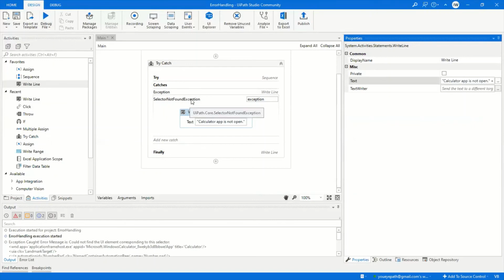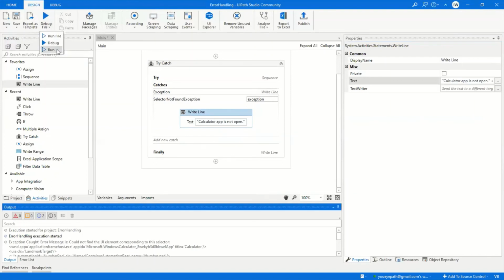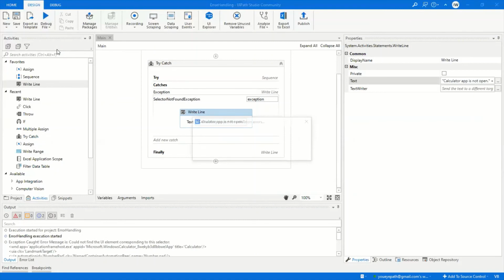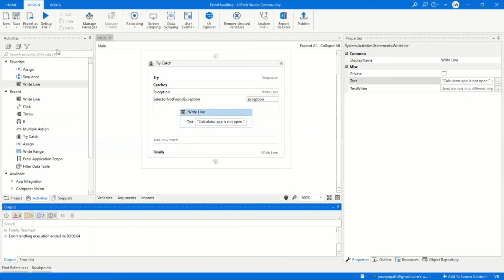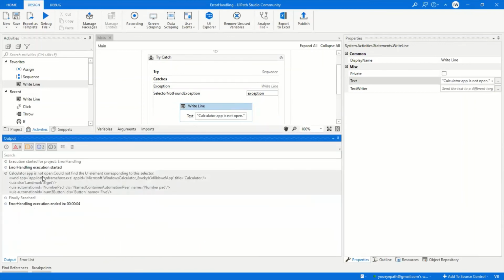So now, if we run through that scenario, we've added a new exception: calculator app is not found. I am going to do a full run here. Now the purpose here is we're getting into a very explicit type of message. You notice in my error, it now says calculator app is not open. Notice it's no longer in our other exception. So this is where we can delineate different exception types based on what it is that we're expecting the